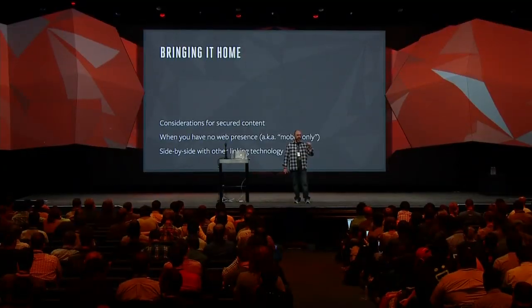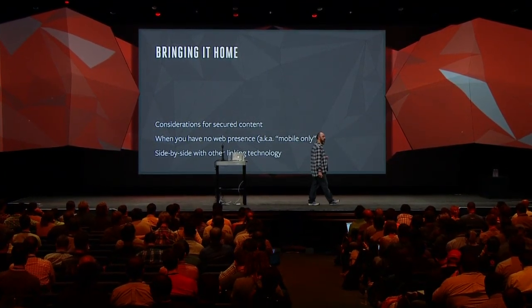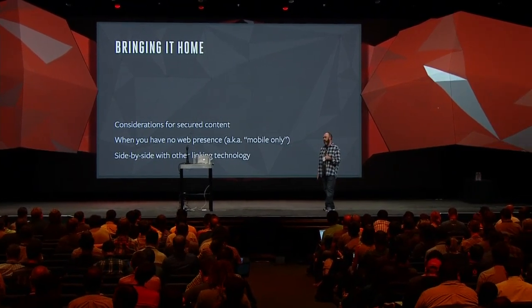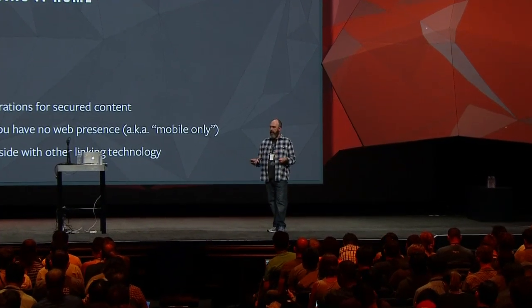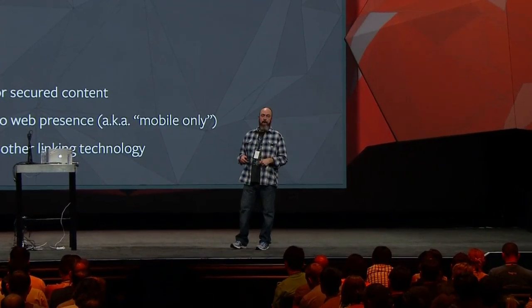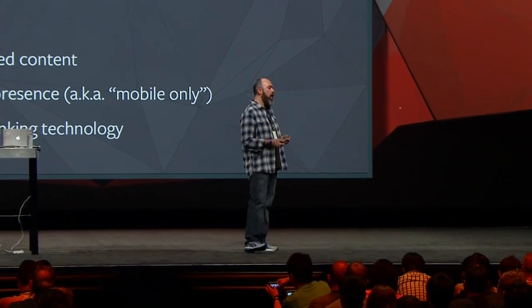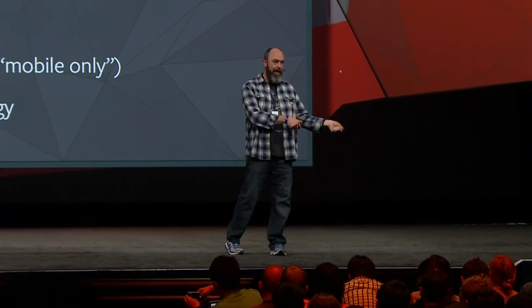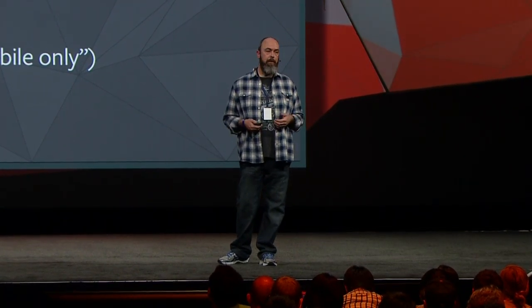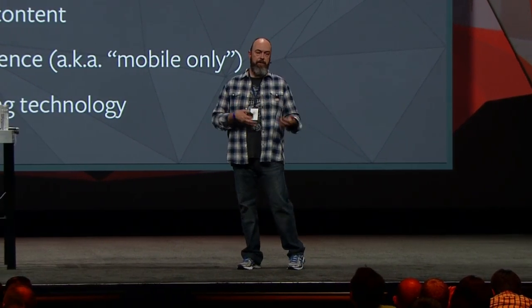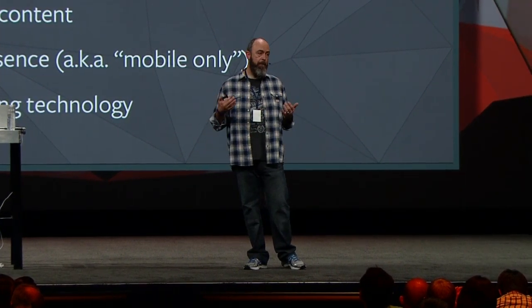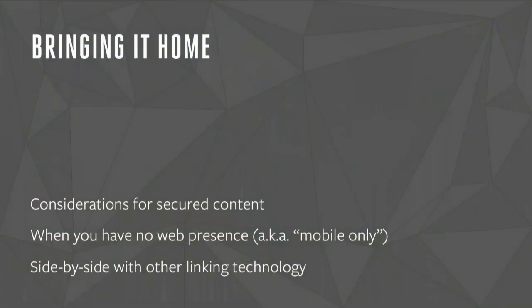Lastly, AppLinks has been designed to sit side by side well with other deep linking technologies. AppLinks is really focused on discovery and cross-platform support. We really want the URL that everybody already understands to just work on native devices. The flip side of this is that AppLinks really doesn't dictate one way or the other which of the native idioms you use for navigating from one place to the next, and so you can use whatever library you like for deep linking. Other deep linking initiatives can have their tags sitting next to your AppLinks tags, their libraries working for your AppLinks navigations, in order to make it so that you can support multiple initiatives around your native code.